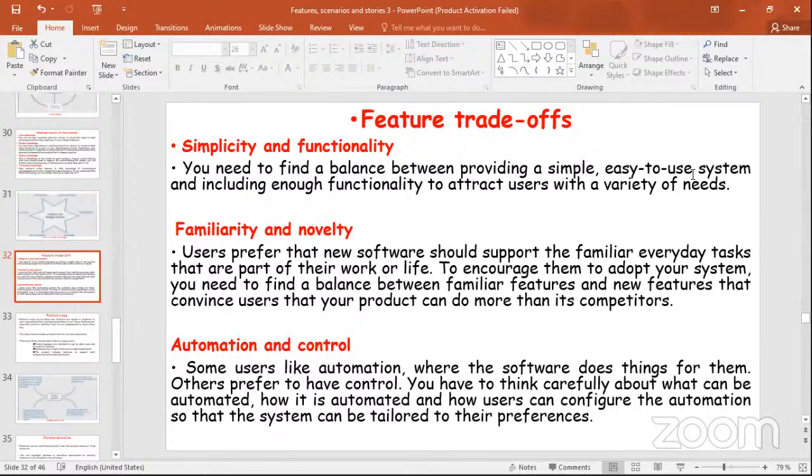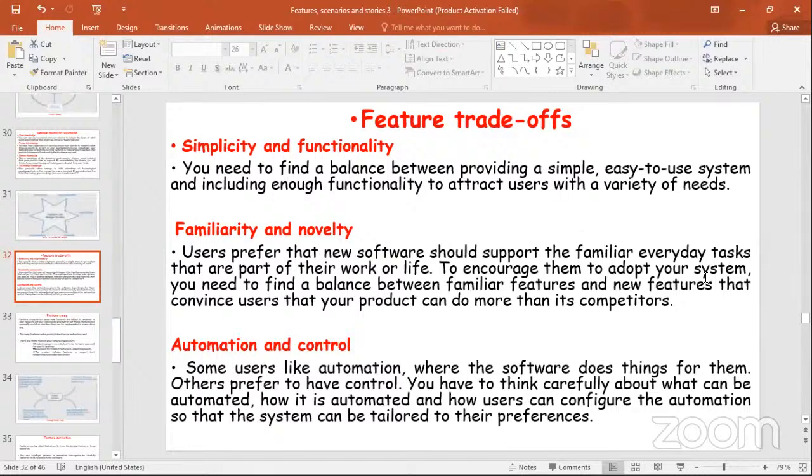So you should find a way of providing a simple, easy to use system and including enough functionality to attract users with a variety of needs. If the person insists that you do it this way, do it that way, but include a functionality, not a redundant one, that will enhance the work of that individual in such a way that you won't have to be summoned back to